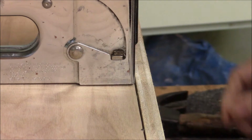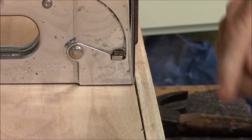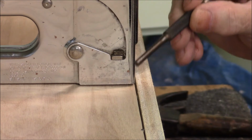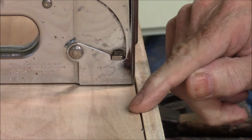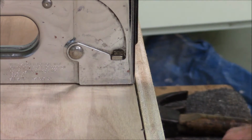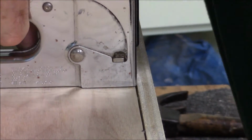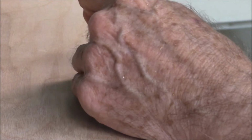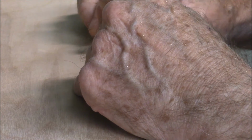Thought I'd give you a close-up here of how this staple gun brad nailer works. First thing you got to do is figure out where your brad comes out on your stapler, so that you can position your gun right. Especially here, we only have 3/16 of an inch to work with, so that thing has to go in perfect. Okay, then when you get it just where you want it, fire it in. Now these, unlike a nail gun, you have to set these. They'll be just a little bit proud of the surface. And just get you a punch